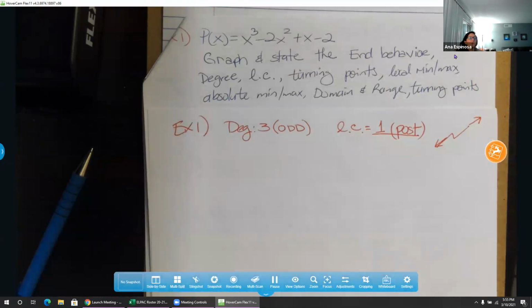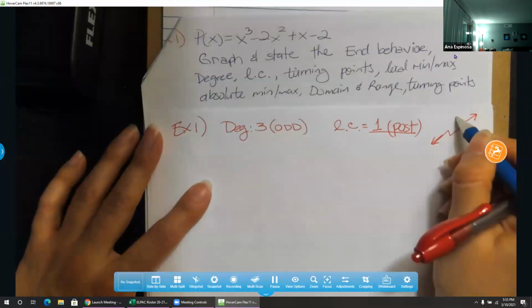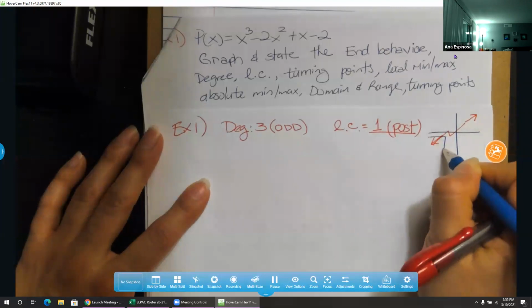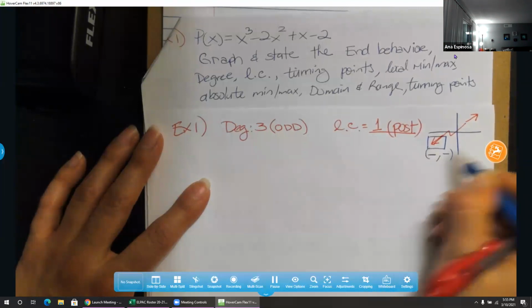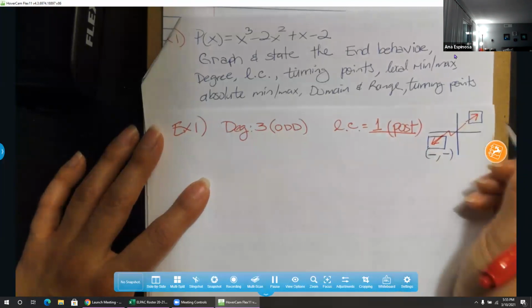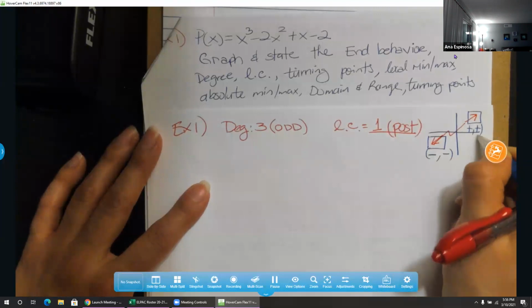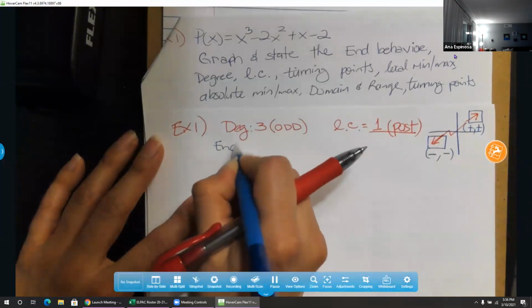All right, so the degree is 3, the leading coefficient is positive, and now we can look at our end behavior. So if you have a coordinate plane here, the signs for this are negative, negative, and the signs for that over there are positive, positive. So my end behavior